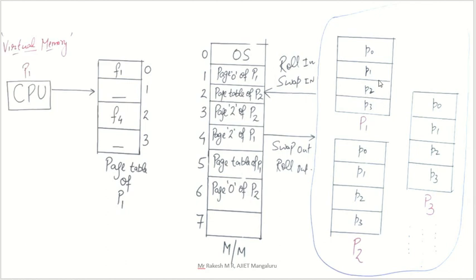Here we have 4 pages, P0 to P3, and where they are saved in your main memory, that related information is in one page table. Like that, for each process we have different page tables. All page tables are saved in main memory itself. So whenever we want a page table, we check it there, as it is saved in your main memory.